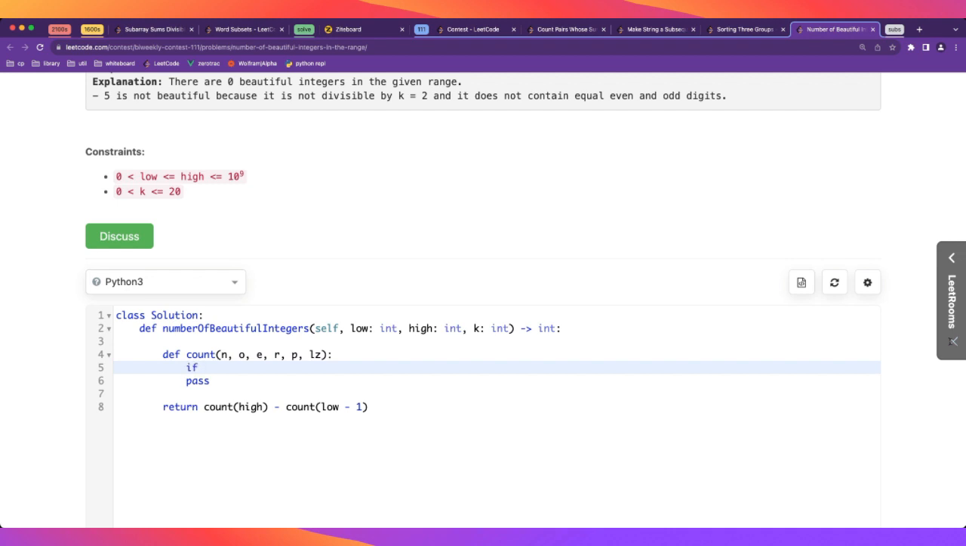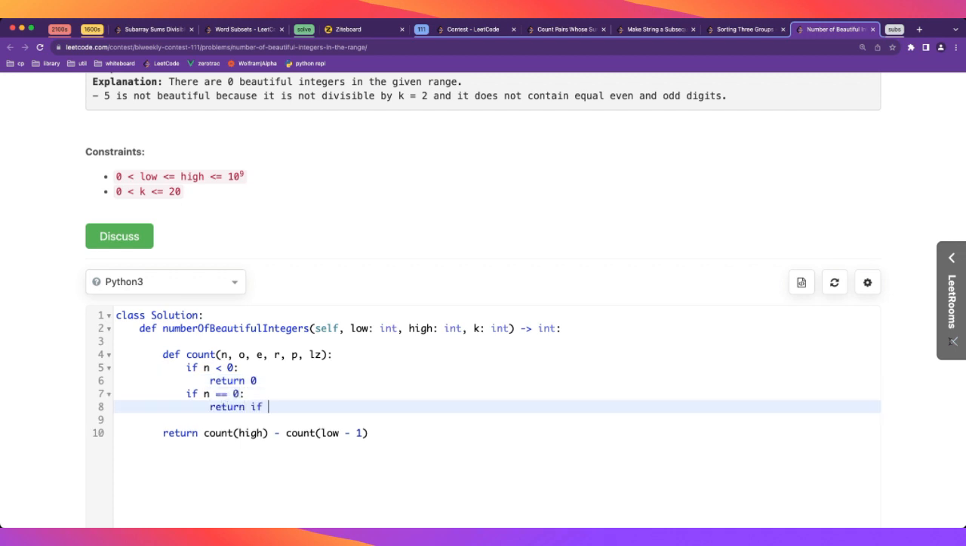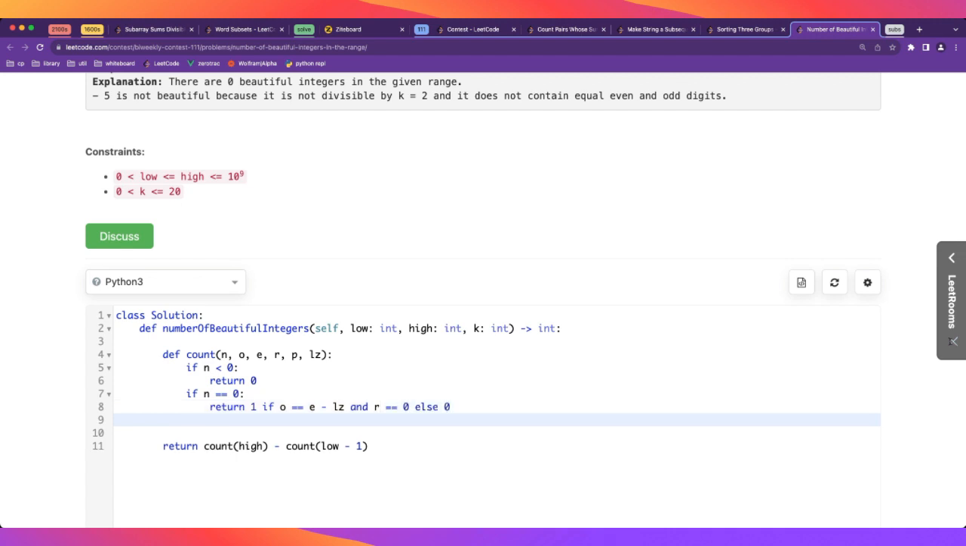Okay, so base cases, if it's negative, there's 0. If it is 0, then if the condition is satisfied, the odd is equal to the even minus the leading zeros, and R is 0, then it's 1, else it's 0. And finally, we want to make a sum for all the digits in the range,